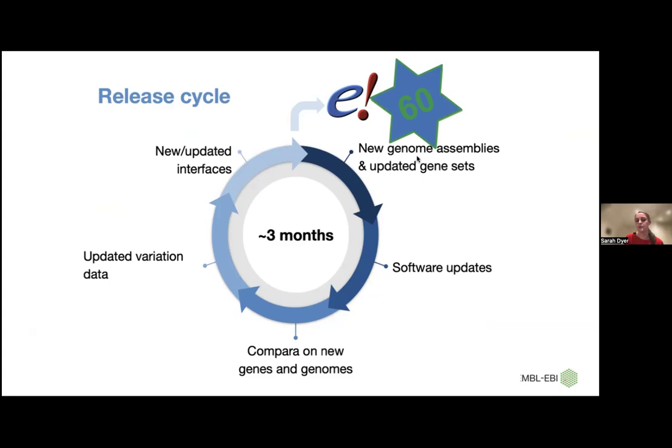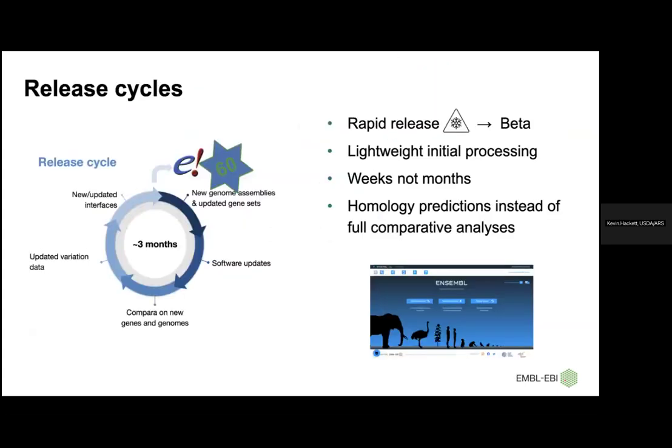And we're on our 60th release of Ensembl Genomes and 113 of our vertebrates, which was kind of the original. But that's a really long time. If you're waiting for your data, that could be quite long. And with all of the genomes coming, particularly through the biodiversity projects, we really needed to move things